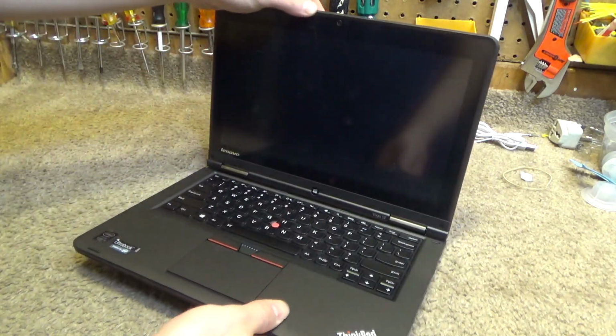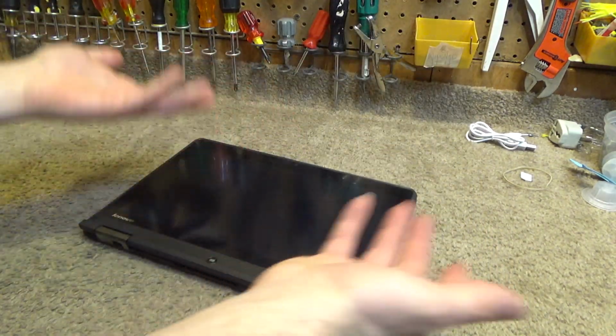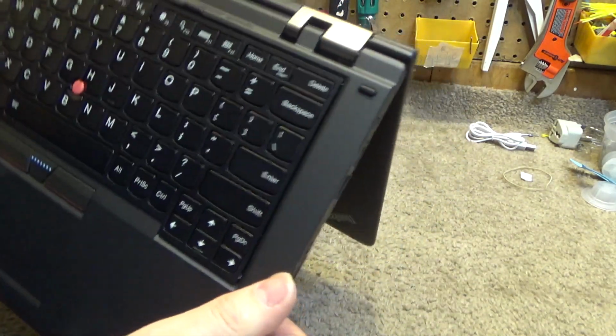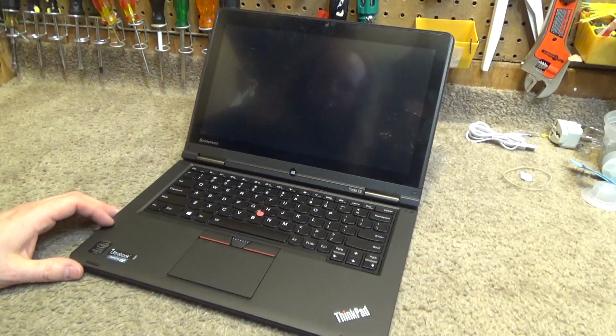The concept to me is stupid, because they say you're supposed to be able to turn it around like that. Well, that's great. How do you type now? It's just, to me, worthless, because you lose the keyboard. But I kind of want to like this thing because